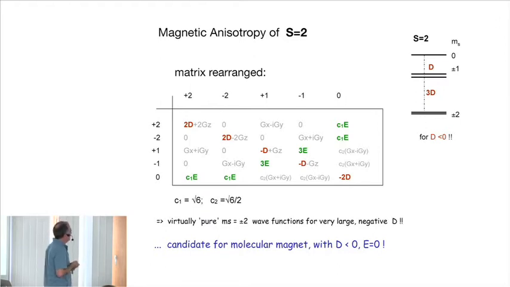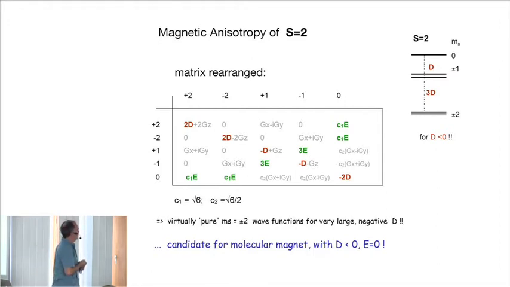So we rearrange the Hamilton matrix. We can rearrange it in such a manner that we write it in this sequence: plus 2, minus 2, plus 1, minus 1, and 0 for the m quantum numbers, for the m functions. And what we can see more easily now is, when this D is very large and we have only a relatively weak applied field, for instance in the x or in the y direction, then we